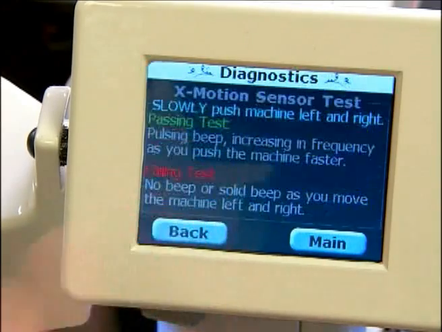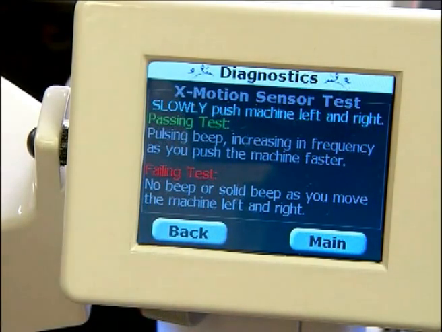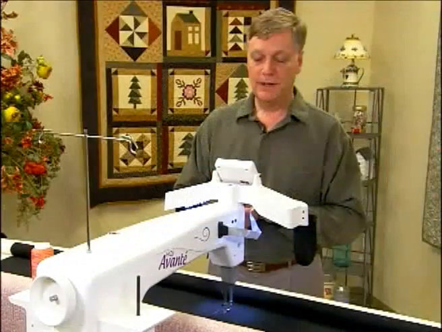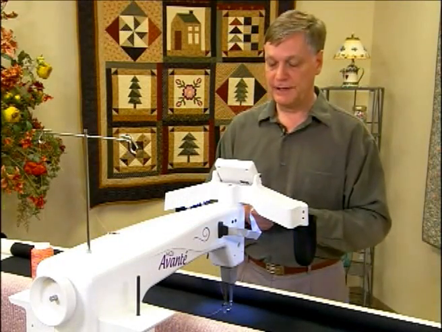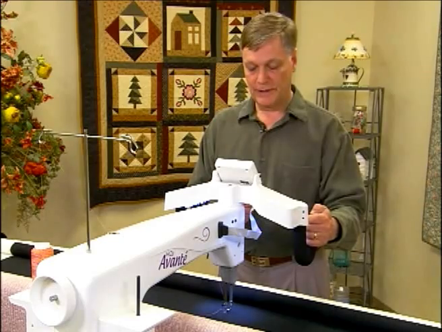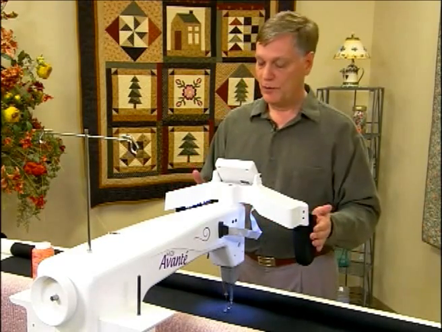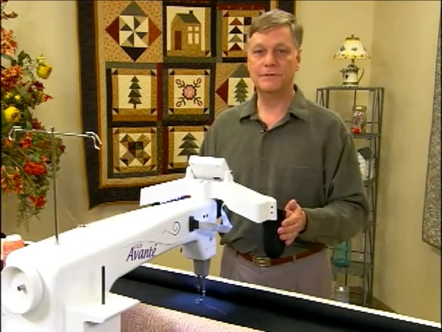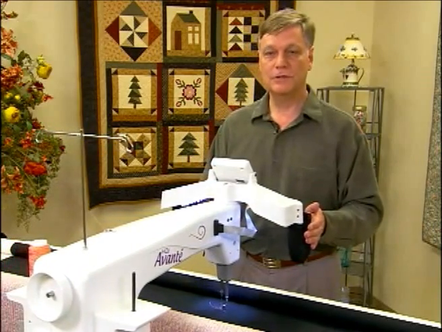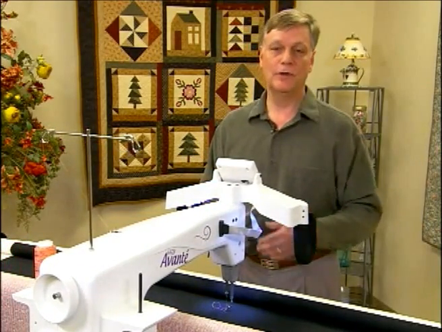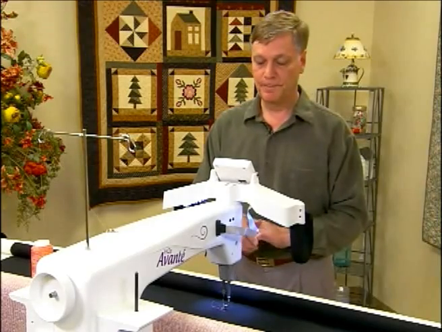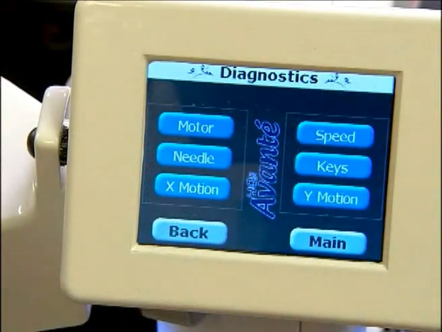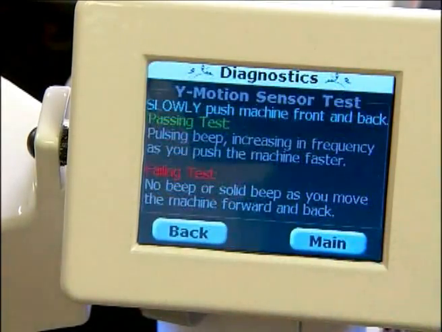Pressing the X motion button, for example, takes you to a screen which explains how to run this test. In this instance, we're running the X test. We want to have the needle up. We will move to the right and to the left slowly, and as long as we can hear the beeps, we know that that encoder is functioning properly. Pressing the back button allows us to go back to the diagnostic screen, and we can run the